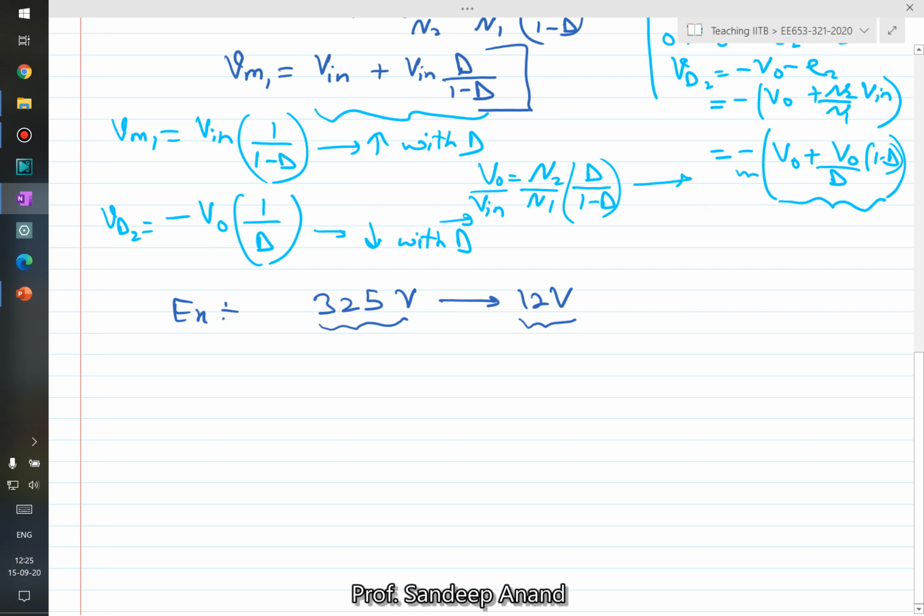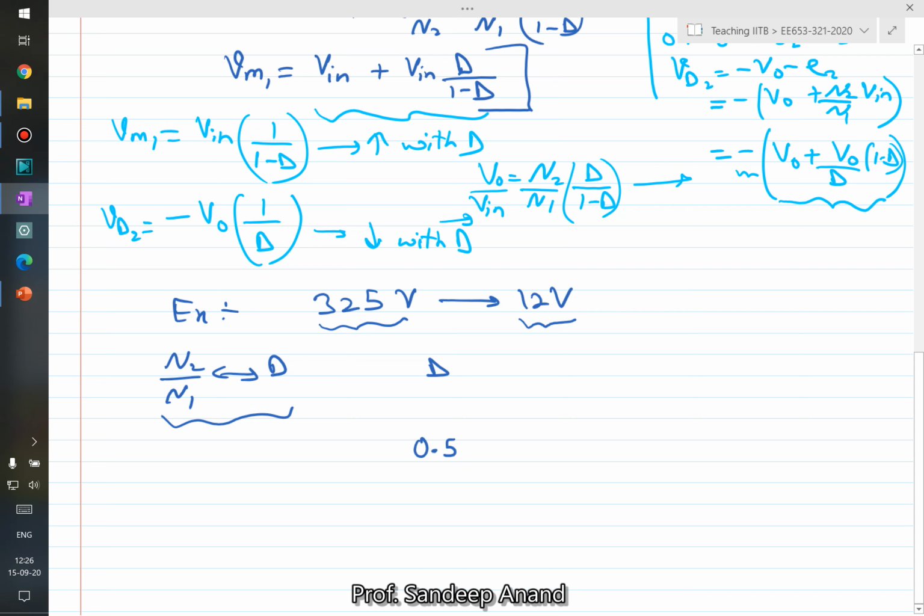And now, as you understand, I can choose N1, N2 and duty cycle, right? And I can have multiple sets of these values which would meet this constraint. And now I want to decide which duty cycle to choose. And once I choose some D, then N2 by N1 gets fixed, or vice versa. If I choose N2 by N1, D gets fixed. As we discussed, we would prefer D to be 0.5, in terms of efficiency and other things. So let's say I choose D as 0.5,